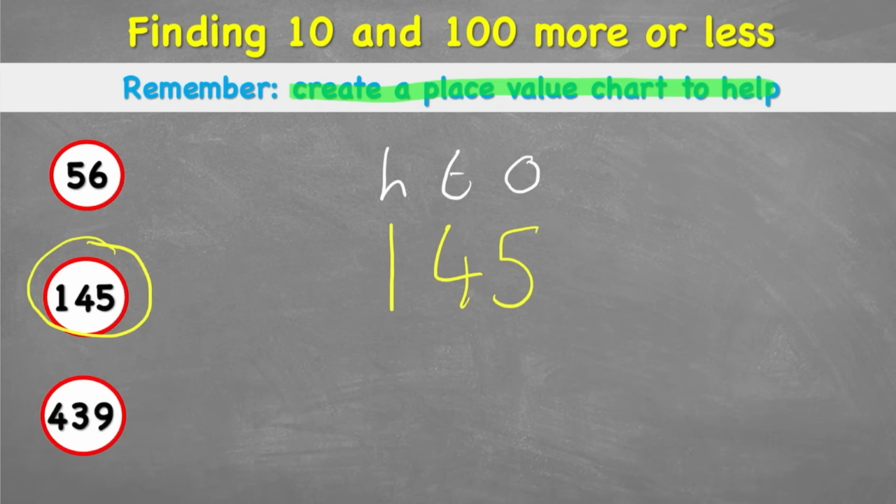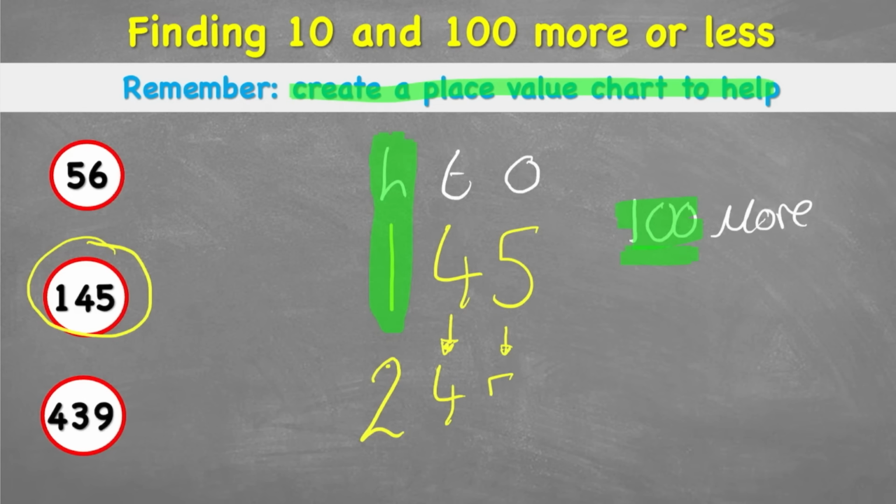155. Okay, but what about 100 more? Let's have a look what that looks like. Well, now we're looking for 100 more. Which column am I going to look at? Not my 10s column anymore, because that's 10s. I'm going to look at my hundreds column. So now I can see I have a 1 in my hundreds column, and if I'm adding 100 more, I'm going to add 1 to my 1, which equals 2. I didn't do anything to my 4 in the 10s column, and I didn't do anything to my 5 in the 1s column. So my new answer to 100 more than 145 equals